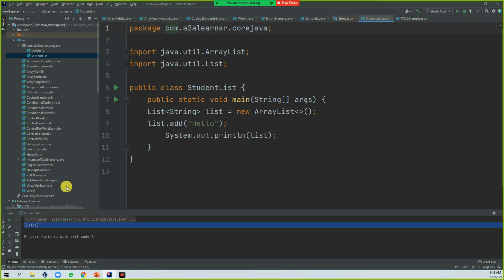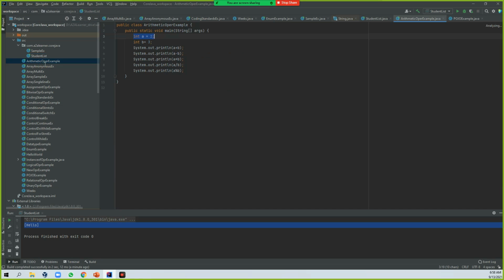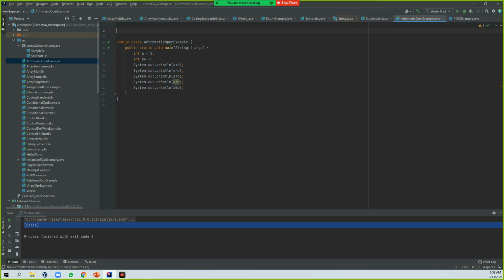Let's take if I use the same one in some other location. I'm just opening the existing one. If I want to use the student list here, how can I write it? I can simply import it. That import will always be at the beginning of the class. So here you can write import, it will be com dot ata dot core java.